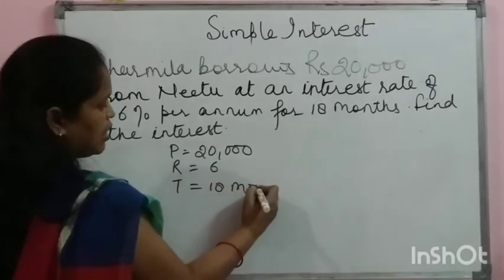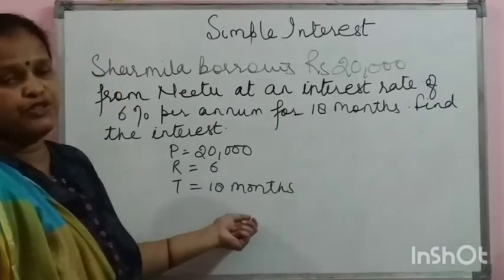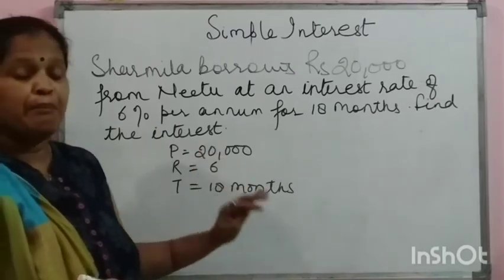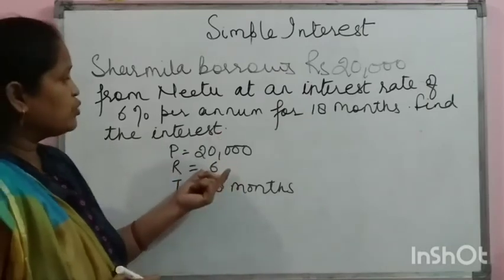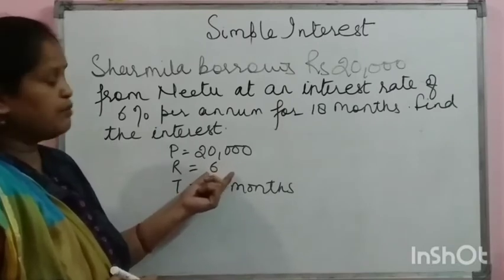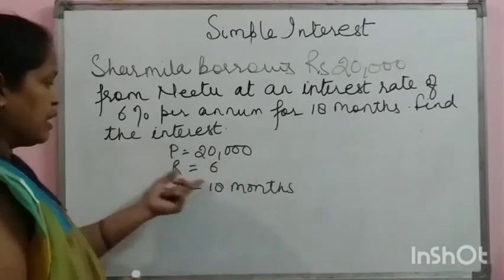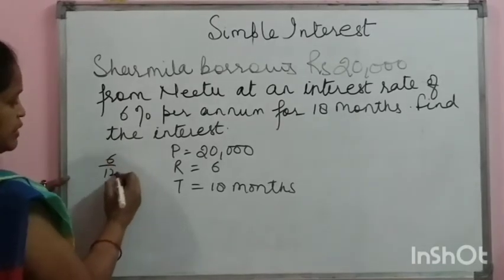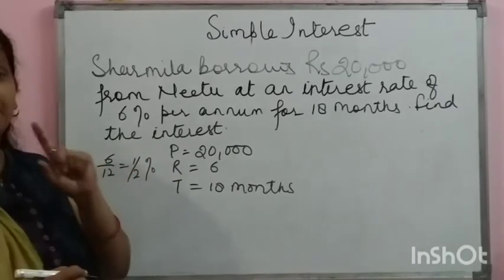18 months. अब यहाँ पर देखिए, नॉर्मली अभी तक जितने भी हमने प्रॉब्लम्स देखे हैं उसमें T जो है, टाइम जो है ईयर्स में दिया है, लेकिन इस प्रॉब्लम में टाइम मंथ में दिया हुआ है. ठीक है, तो हमारे पास दो ऑप्शन है. या तो हम ये जो परसेंट है, रेट है, उस 6% पर एनम है, या तो हम इसको पहले मंथ में कन्वर्ट कर लें. तो अगर हम रेट को मंथ में कन्वर्ट करते हैं तो 6/12 दैट इज इक्वल्स टू 0.5% पर मंथ आ जाएगा.